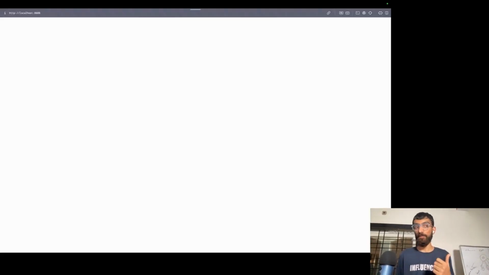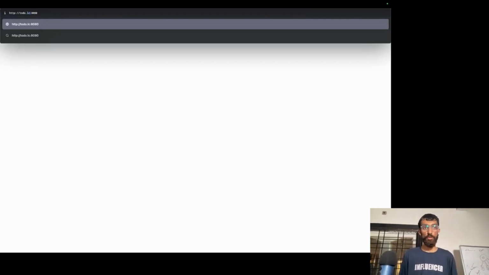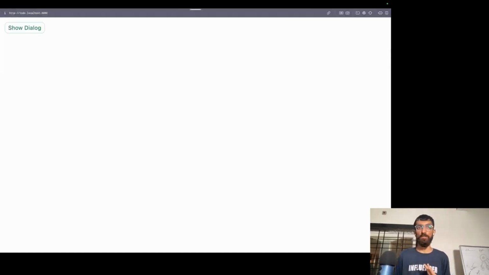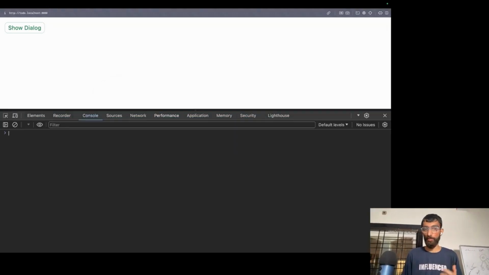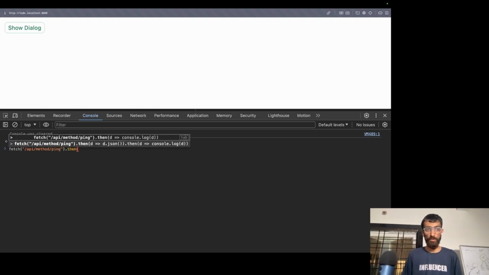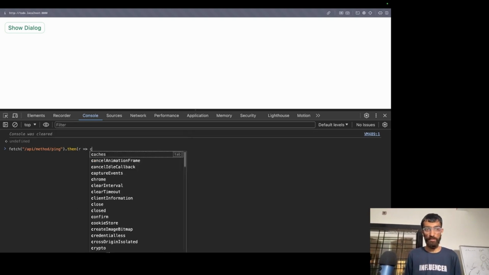But again, as I said, if you try to make the backend request, it will fail, because of course, error. So that is why we'll open it up in todo.localhost. Both refer to the same 127.0.0.1. So the same thing should show up, right? It shows up exactly the same. But now if you try to make a request to the backend, let's open up the JavaScript console and make a request to /api/method/ping, then whatever response we get,